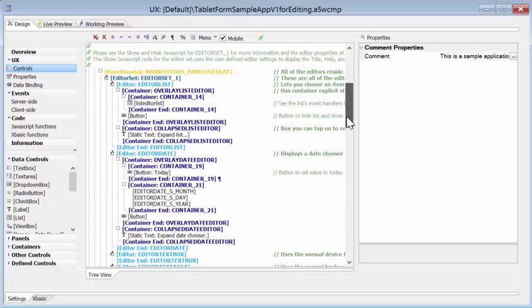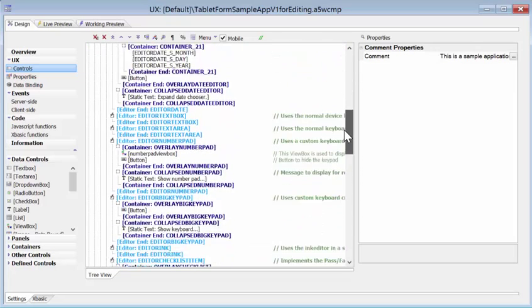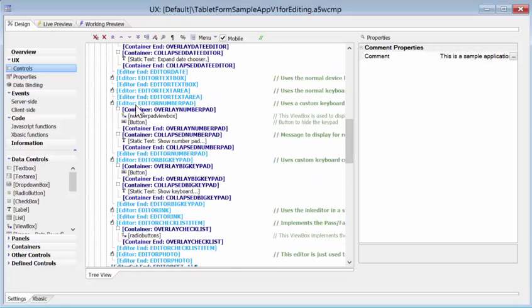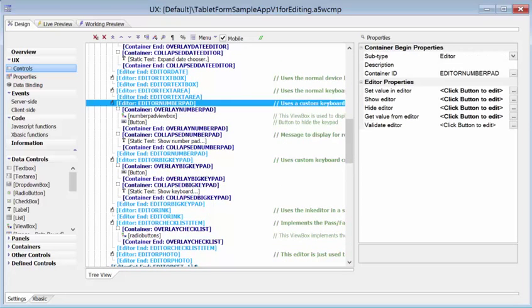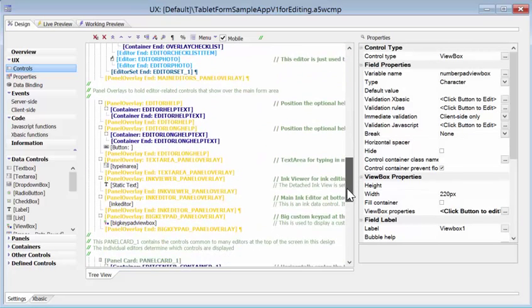So we go and look at the editor set. We see there's one editor set, and here is the number keypad editor, and it has in it what's called a view box, and the button for closing it, and that is what's overlaid in the upper right part of the screen when you're editing. But there also is down here